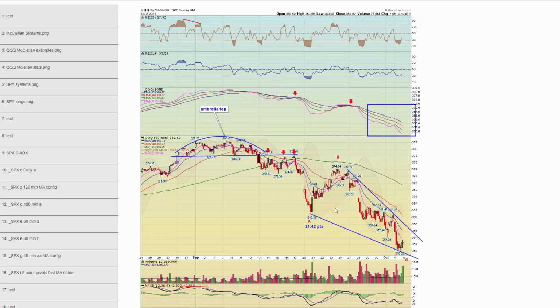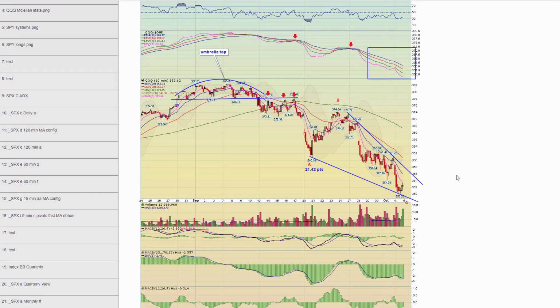Chart number 24 is the 60-minute view. Here I drew what could be forming a falling wedge. Now notice on this wedge, true wedges have 5 waves. You can only really count 3 here. So one thing we could see here, if we did get a bounce in the short term, a little bounce up, down again, and then a rally. So that's one option to monitor for. Next,